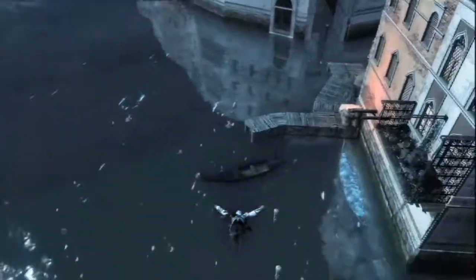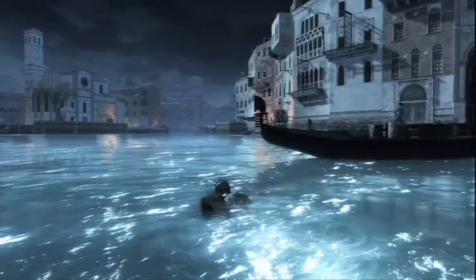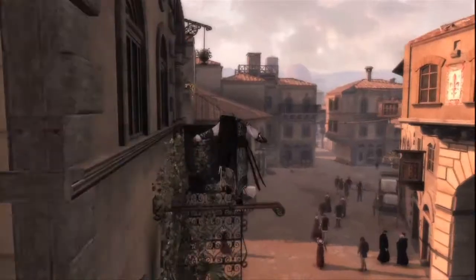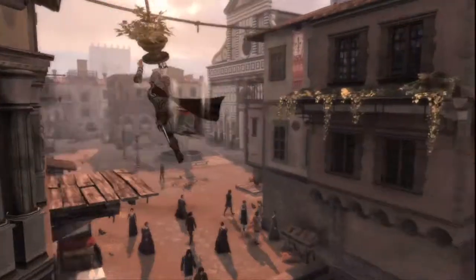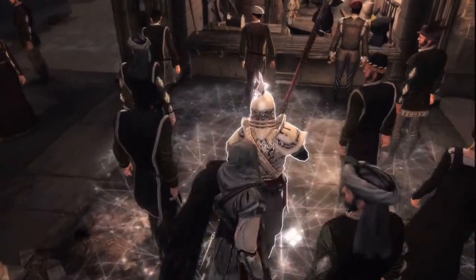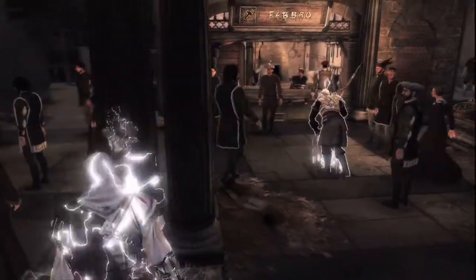You can choose your path. While I was showing you this demo, I used a gondola, a boat, to approach the target, because I knew that with the gondola I won't be attacked, because there are no guards on boats. So I used that tactic. I could have used the swimming tactic. I could have gone on the rooftop first and assassinated all the archers before going to my main target. I could have gone at ground level, blending in with the crowd, using the thieves, courtesans, or mercenaries, my helpers, my friends.